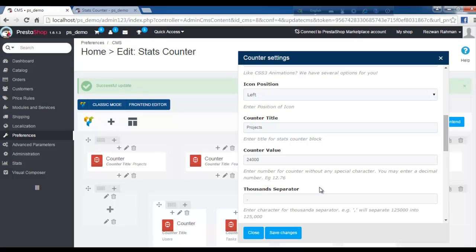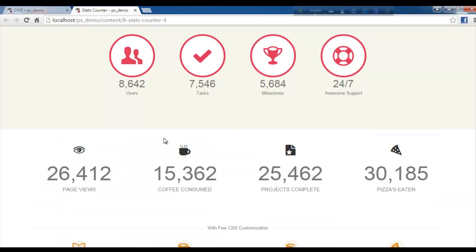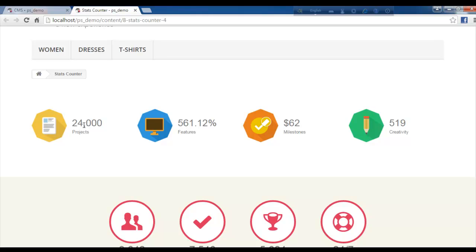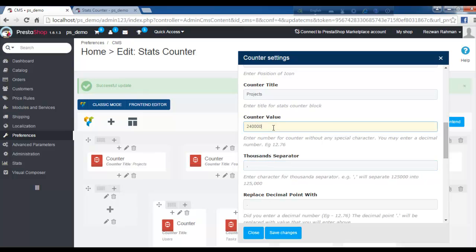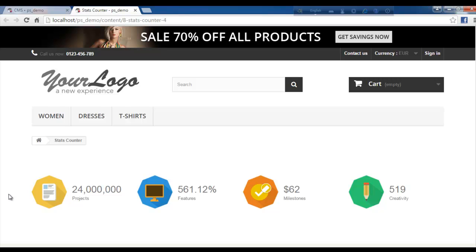Now moving towards the thousand separator. This is the character that separates your counter value into groups of thousands. Suppose you have 24,000, so this thousand separator will work as, I'll show you in our demo page, like this. It will be placed over here. So suppose I increase my value, then how it will be displayed in our demo page, let's see. I'll save it and I'll update and see in our demo page. So you can see that the separator has grouped all the numbers in groups of thousands, and it is placed just in front of that. So this is how it will look,